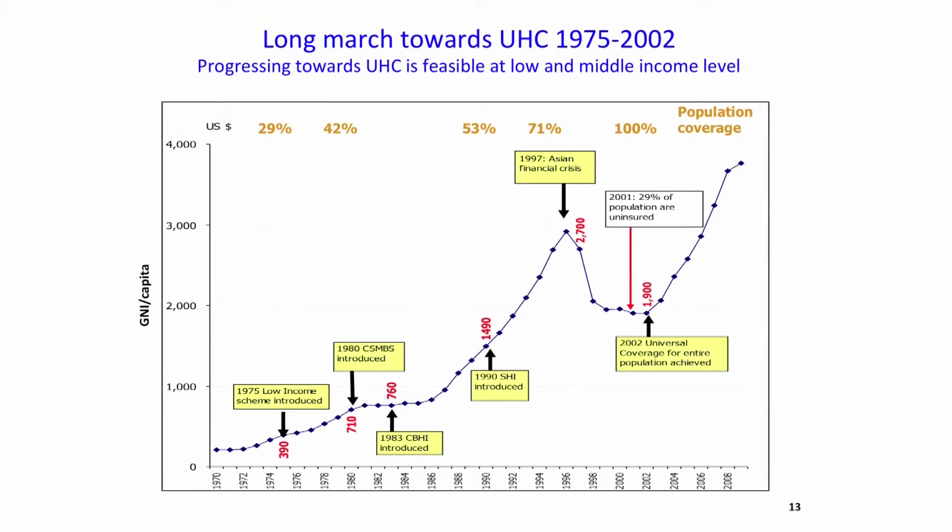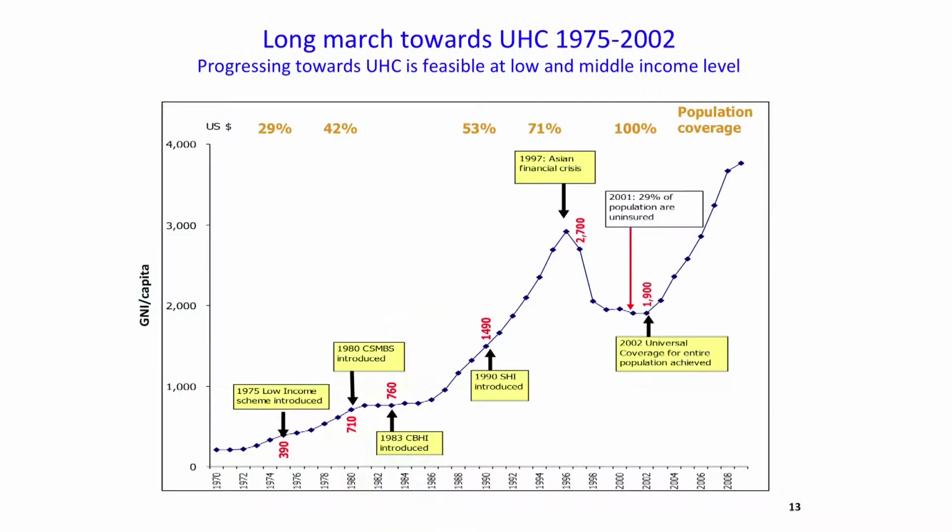Compared to India, you have $1,500 per capita today. We implemented a low-income scheme, free for the poor, since 1975. Thailand covered the whole population when the GNI was merely $1,900 per capita, at the bottom of an economic crisis, not fully recovered from the 1997 Asian economic crisis, which was actually triggered